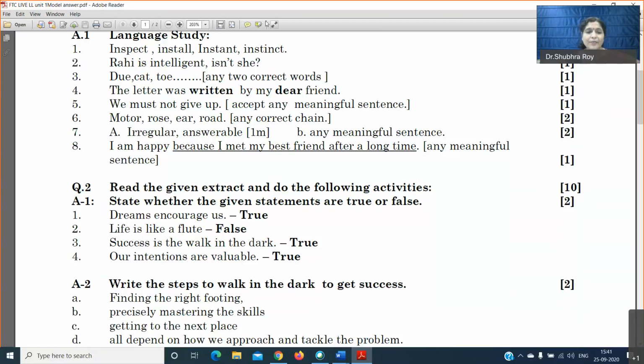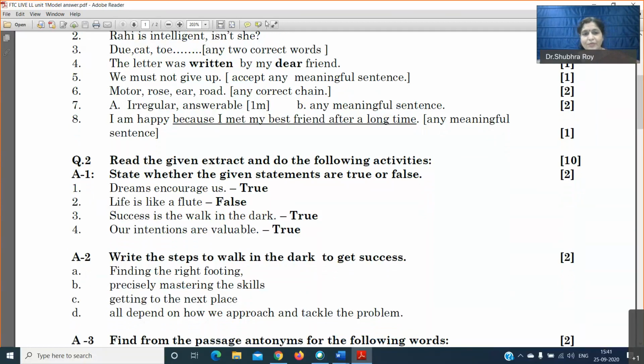Okay. Second question is based on complex factual type. First question was based on simple factual type. When you say simple factual, you can expect questions like true or false. You can expect questions like match the meanings. You can match the sentences. You can expect questions like complete the web chart. All these are based on the first question. All these are based on simple factual questions.